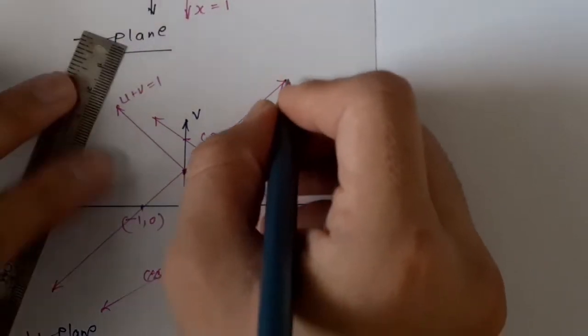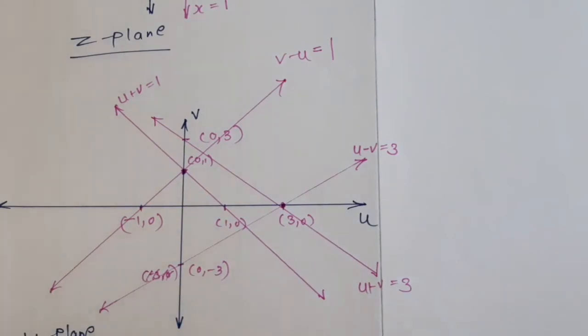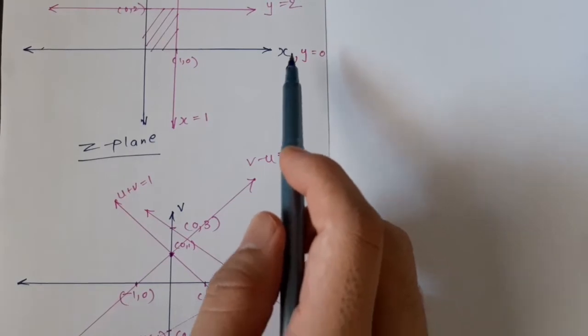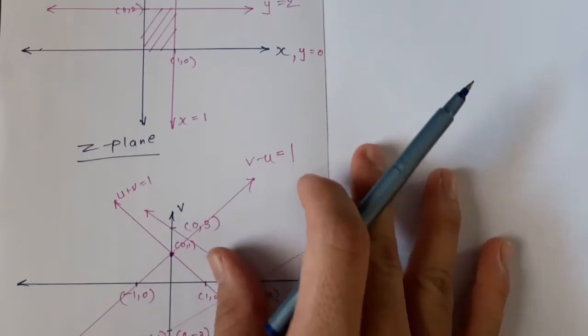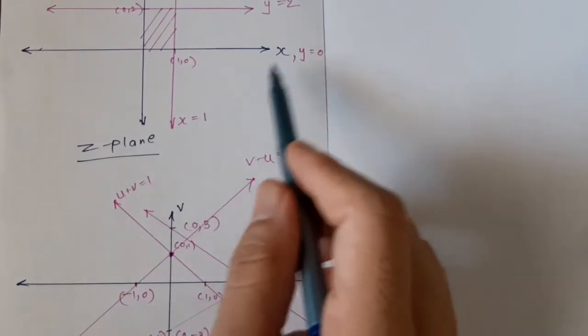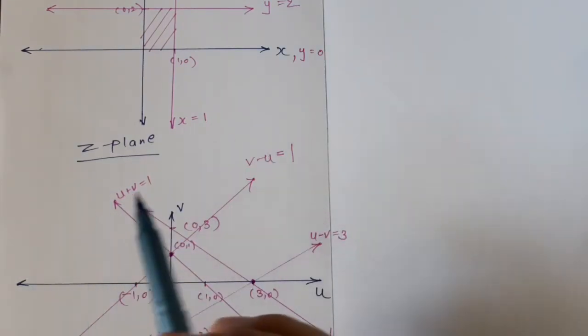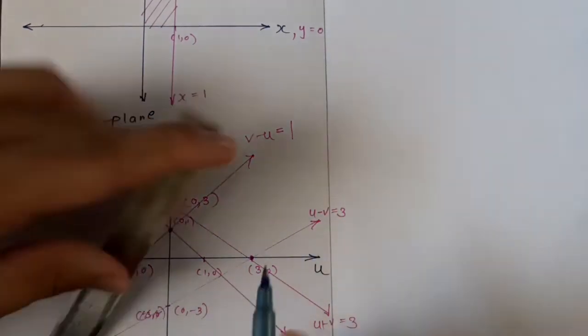Okay, so this is v minus u equals 1, all the lines we had drawn. Now we will see the intersection portion of all these lines. Remember, in this question, in the z plane we had different equations for the different lines, and by using the linear transformation we obtained the different lines corresponding to these different equations which are given in the z plane. That means the linear transformation transforms the line which is given in the z plane to the line in the w plane.